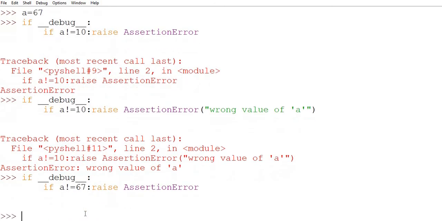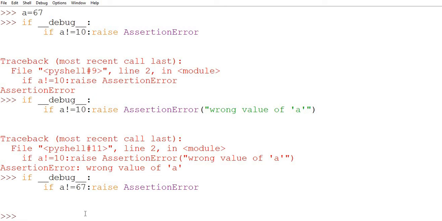So it's not going to provide anything because the condition is true here. If a is not equal to 67, but a is equal to 67, so it's going to move to the next line of code,